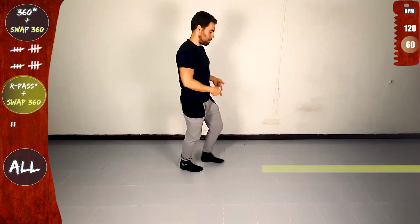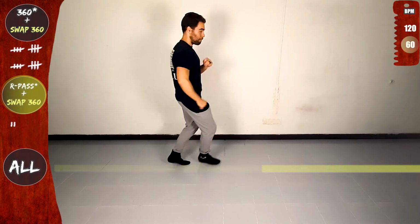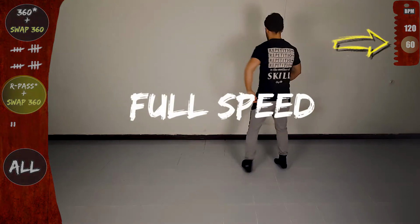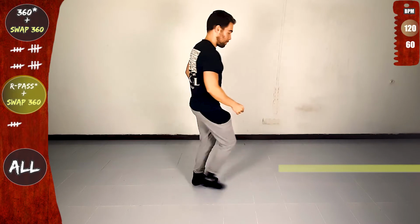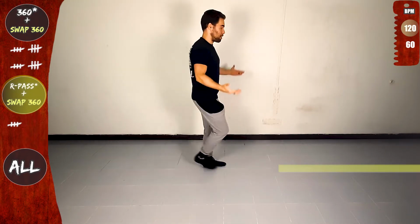back, on the line, anchor, now swap 360, back, cross to the front, open, cross to the back, rotate and full speed, basic offline, 1, let's go, and right pass, now, cross to the back, side and swap 360, anchor,